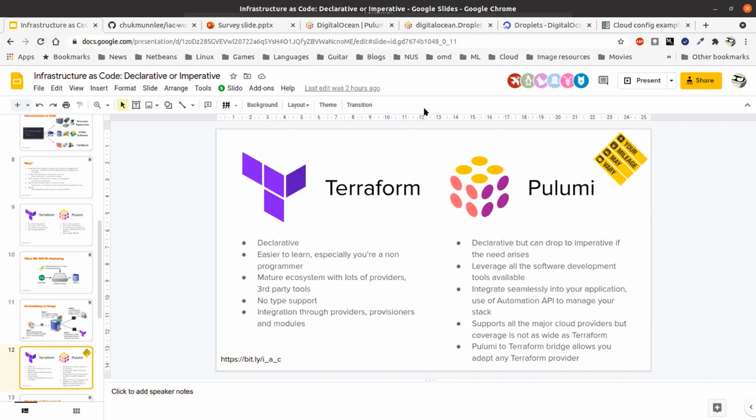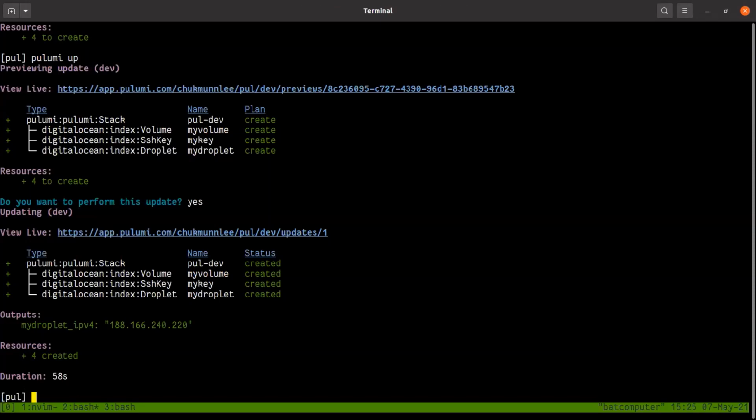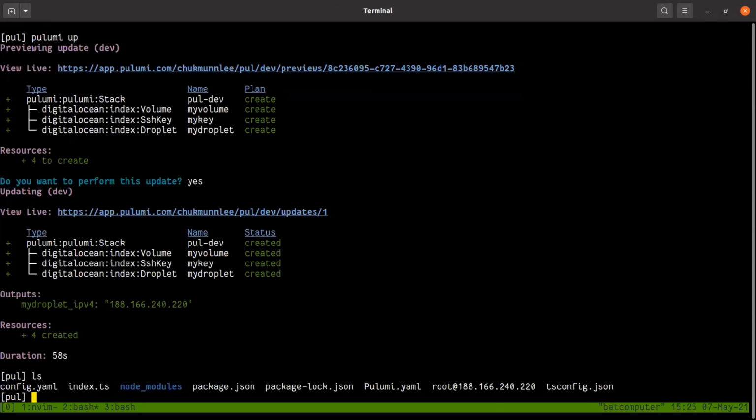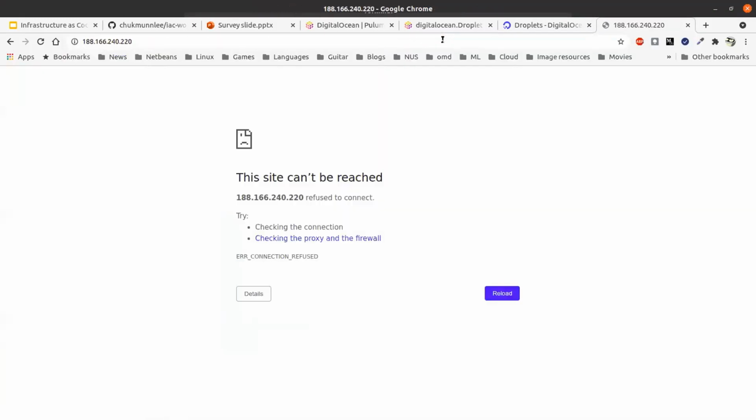Okay, so let's very quickly see. Now that we have done this, notice that we've got this root here. So I want to SSH in. We can do that. Let me just do this, and wait for a while. Sometimes it takes a while.